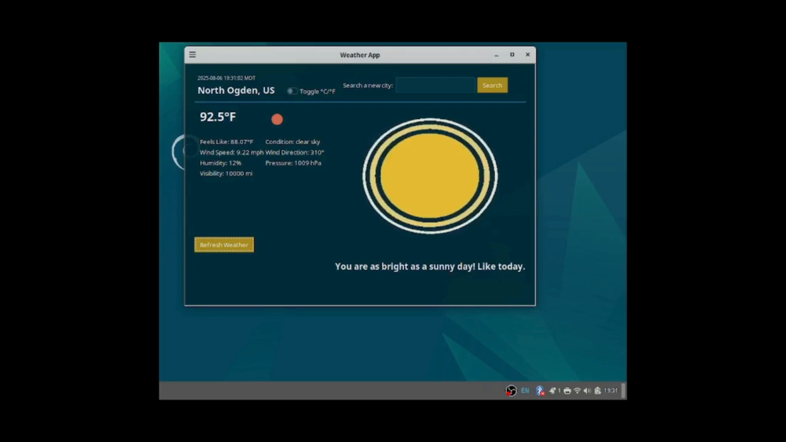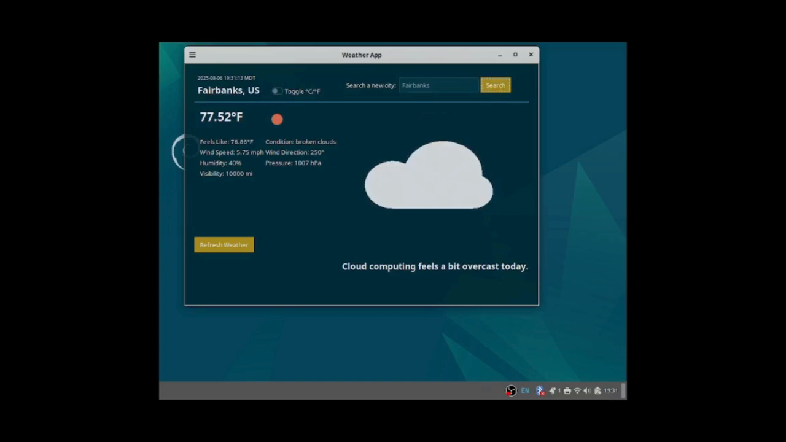If you want to search a new city, you can do it by entering into the search bar in the top right-hand corner. So I'll type in, for example, Fairbanks. And as you can see, when I search Fairbanks, all of the information updates for Fairbanks weather instead of North Ogden, Utah. If I were to leave this box blank,